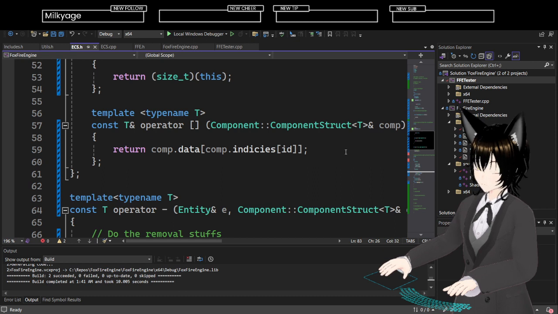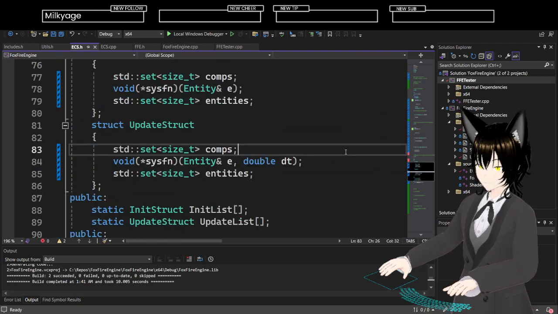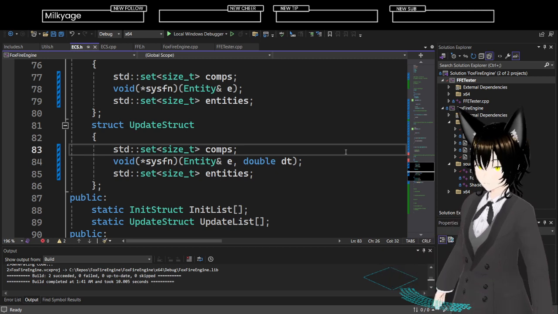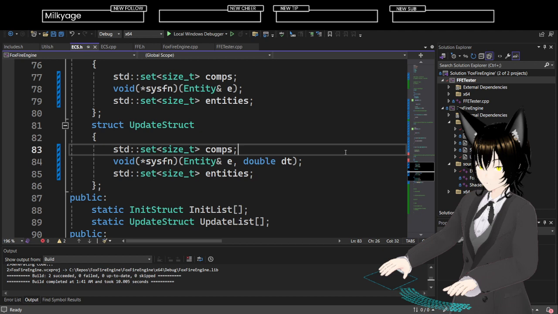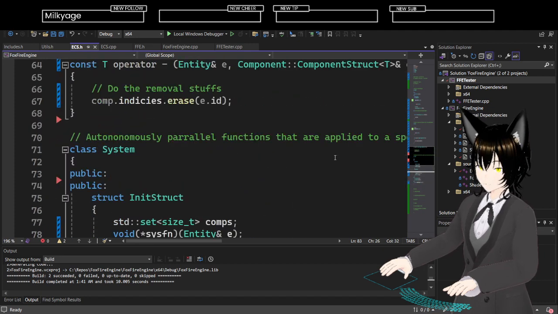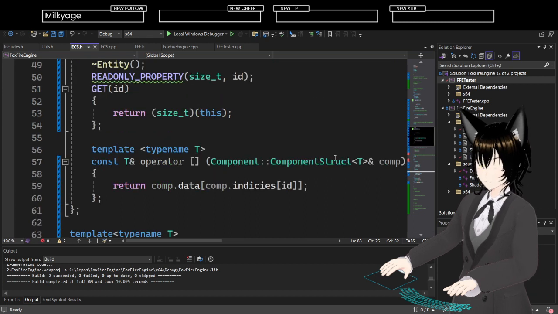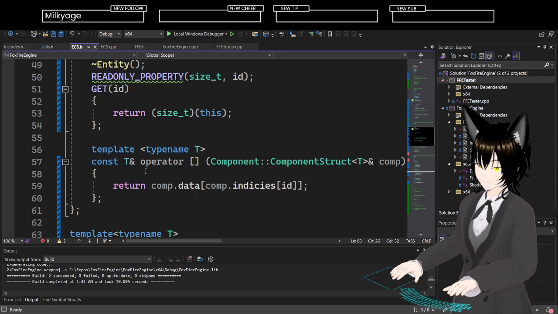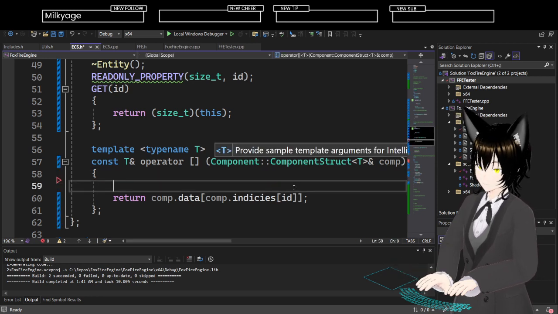Which also means that I need to, because in essence what I need to do is, okay, so when I am adding, right, I'm returning a reference to that, right?